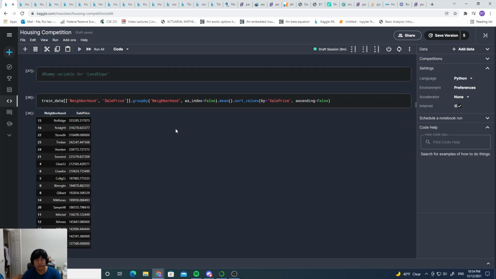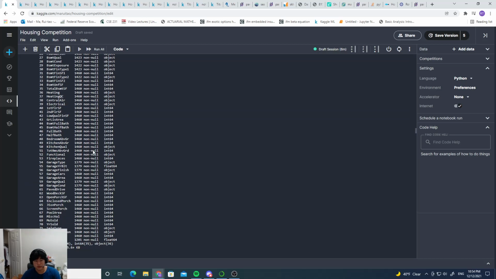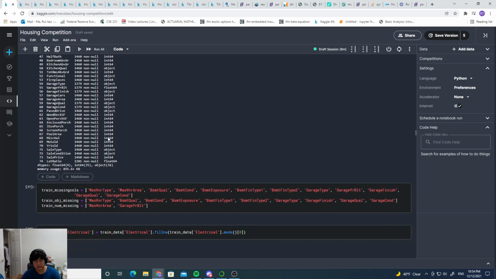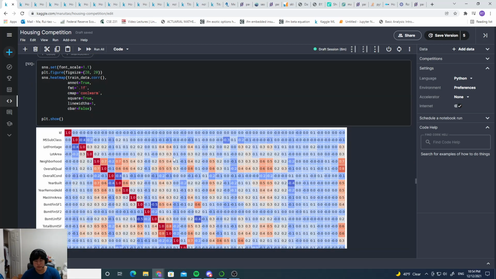And actually, let me just skip a little further ahead, because one of the first few steps I should have done is, first of all, fill in all the null data. That's the first thing you should do. And second of all, I needed to, right here,